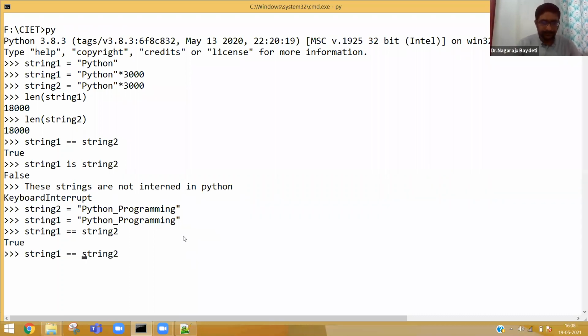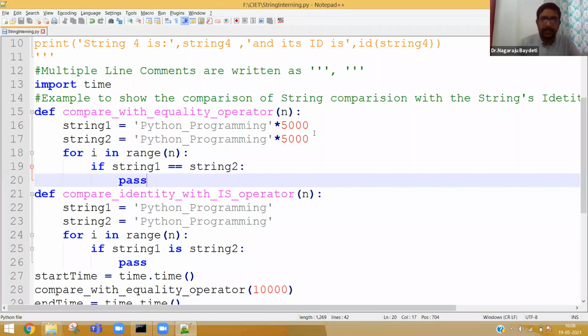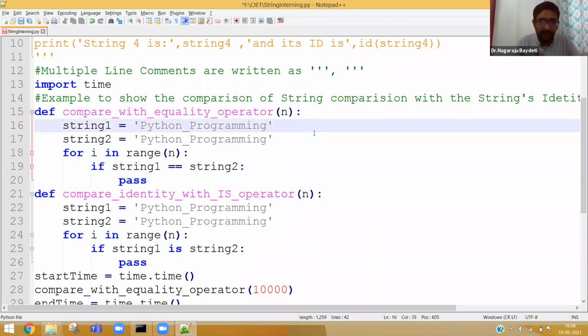Similarly, both are true. Now, how can we know the time difference? As I told you, the time taken by double equal to is more than the is operator. To identify the time difference, let us compare Python_programming with double equal to and also the is operator 10,000 times.